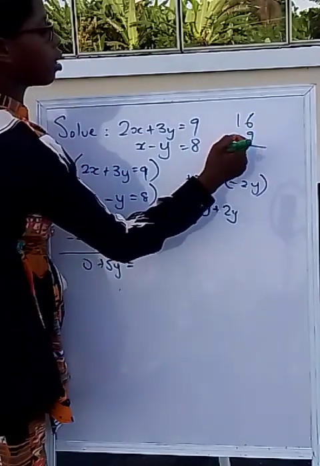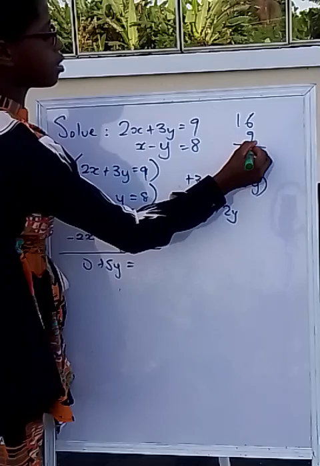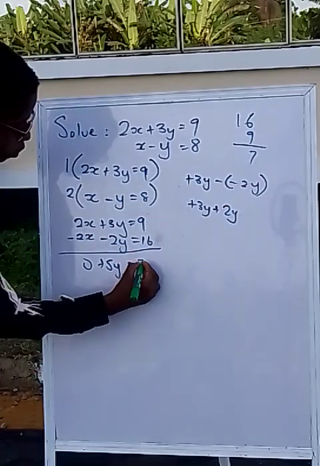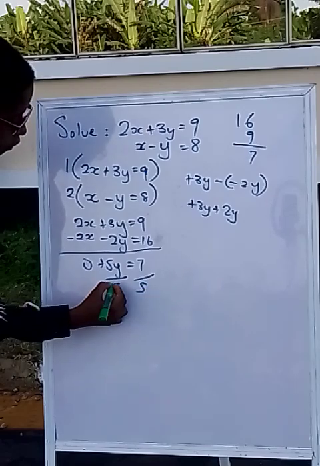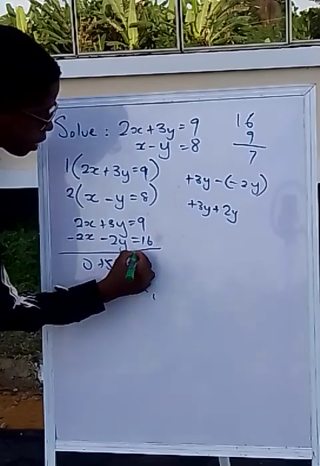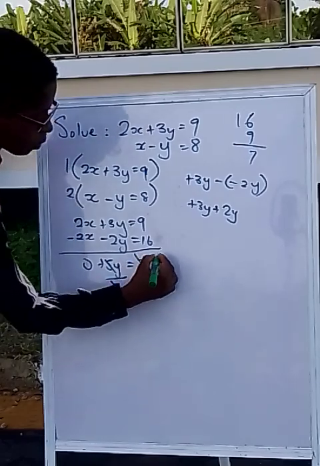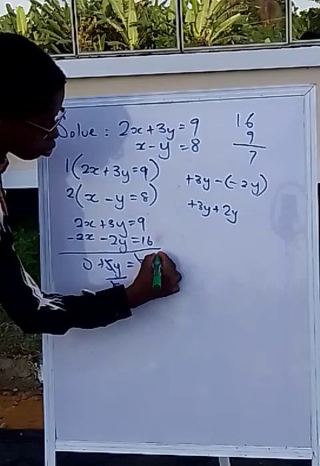Is 7. So we have 7. So you divide both sides by the coefficient of y, which is 5. 5 cancels 5. 5 in itself is 1. 5 in 7 is one whole number 2 over 5. So our y,